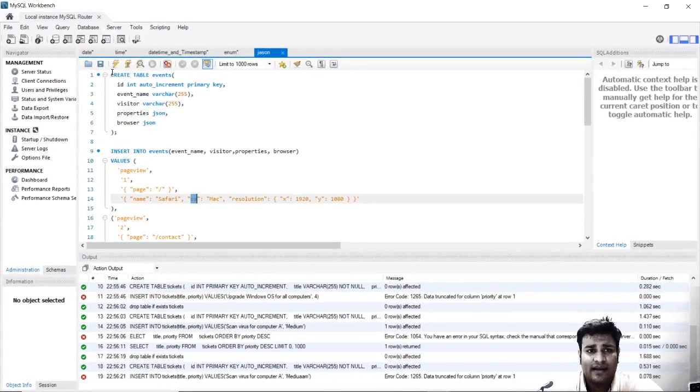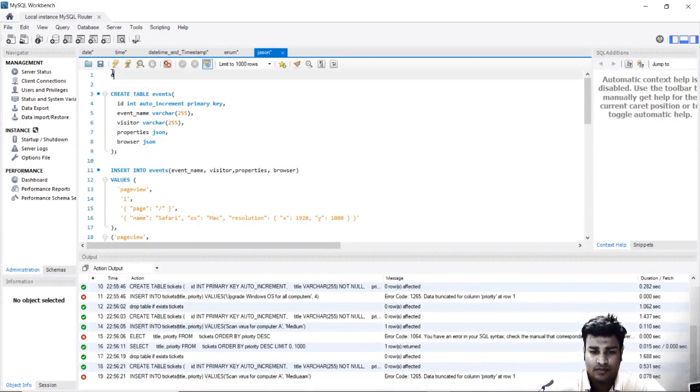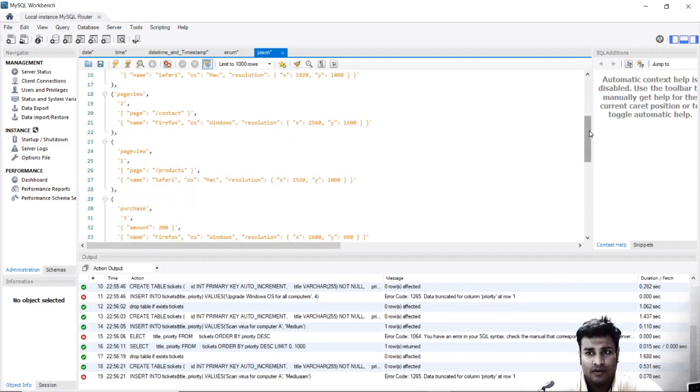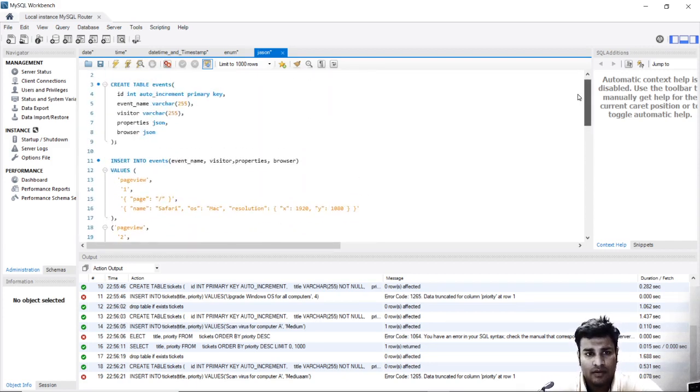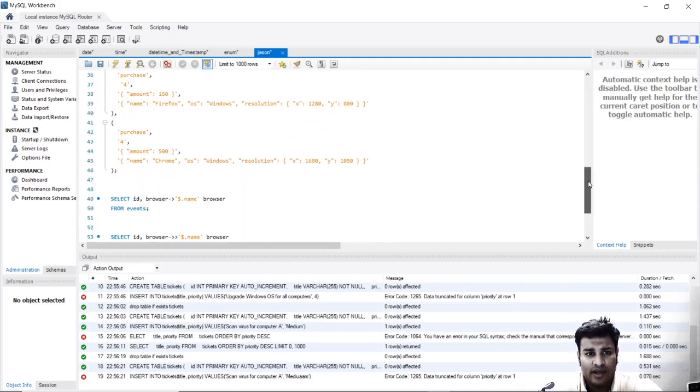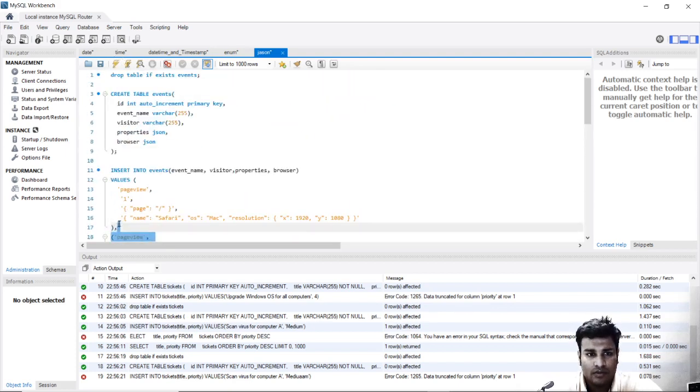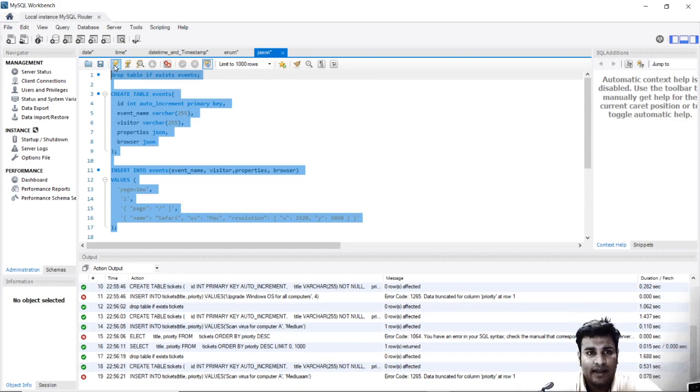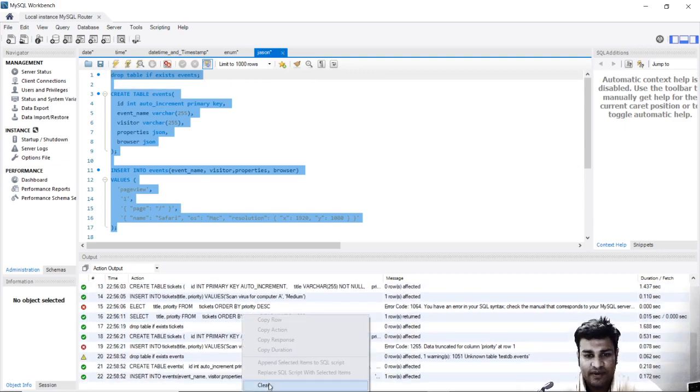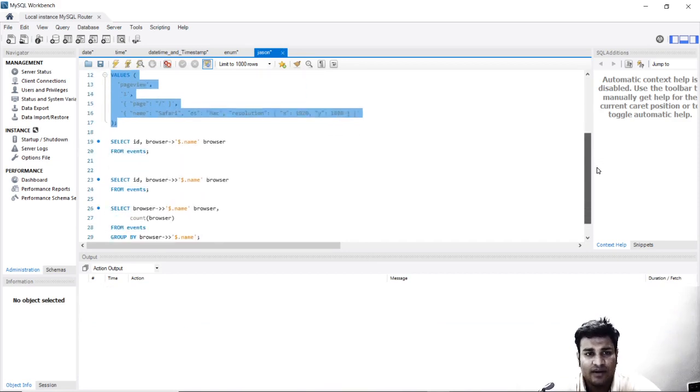Let me go ahead and create this for you. I will just go ahead and run this command. We are adding a lot of values out here. Let me delete most of them, and let us add only one row, which is this. Now I will go ahead and run it. Everything is added. You can see out here, no error has been given.